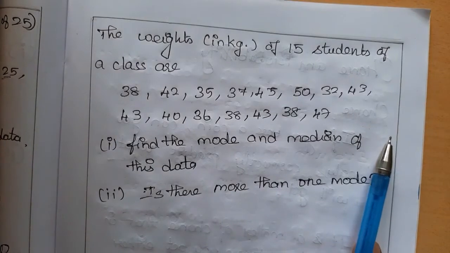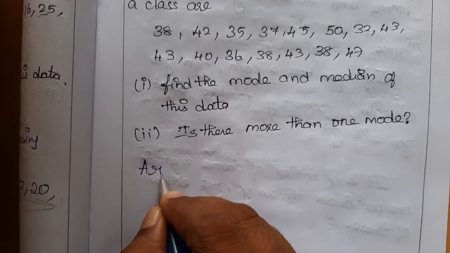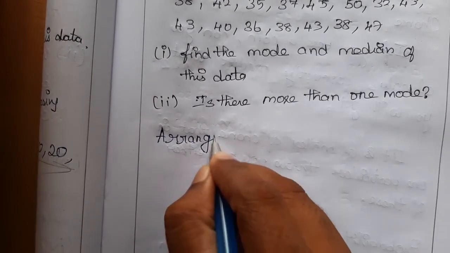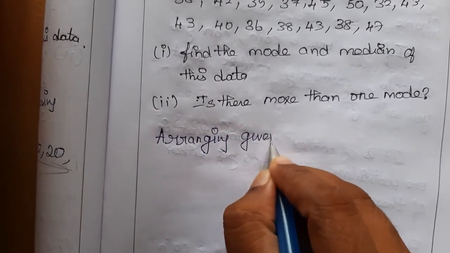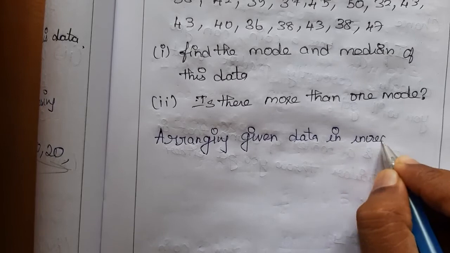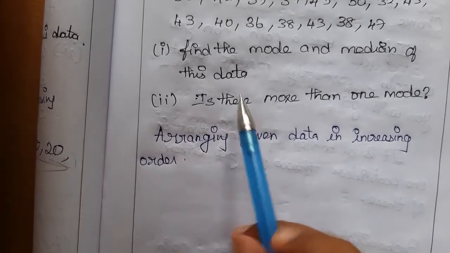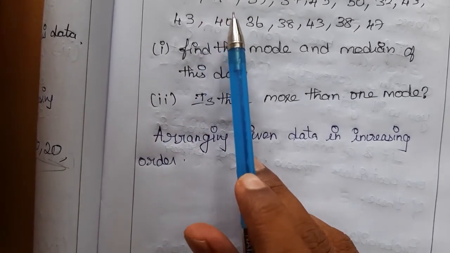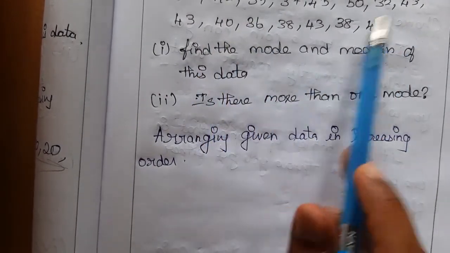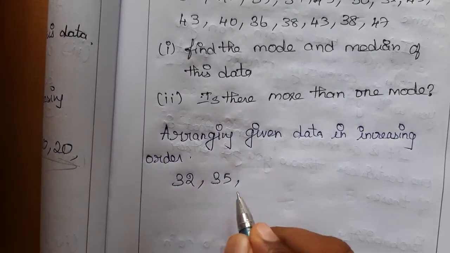So let me arrange in the increasing order, so it is easy to analyze mode and median. So which is the very least here? 32 is the least. Which is the next to 32? 35. Next to 35,